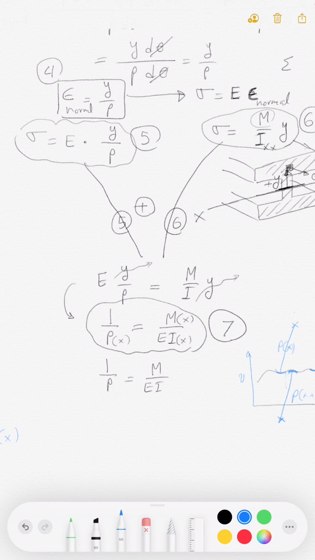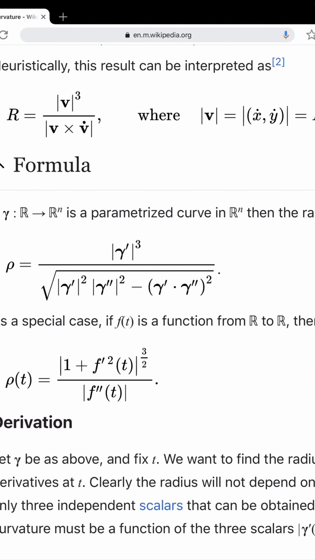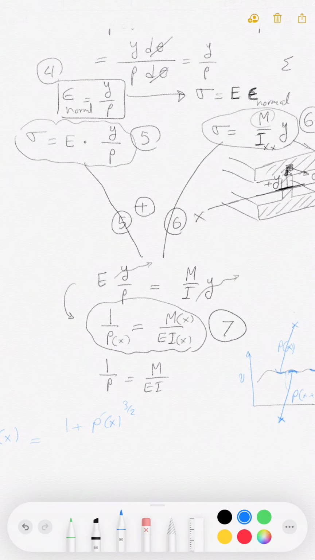It's just a change of variable. The mathematics is the same. Rho is equal to 1 plus the derivative, rho prime of x, to 3 over 2. Let's go back. I forgot the formula. No, to the second power, the entire thing to the 3 over 2 power. So the first derivative to the second power, the entire thing to the 3 over 2, and this absolute value right here, divided by the second derivative of rho,